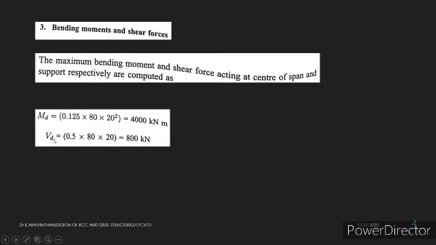And the design shear, what is VD? VD is design shear and design moment. So for design consideration, let us find this shear force. The shear force formula is WL by 2. Hence W is 80 into length 20 equals 800 kilonewton. So this is the shear which is acting. Due to the external load, two internal forces are acting. What are they? They are bending moment and shear force. To withstand these two forces, let us assume a section now.